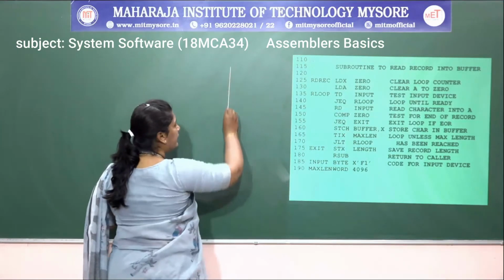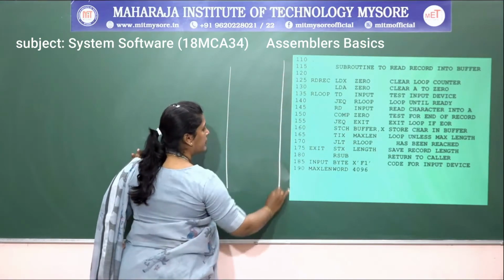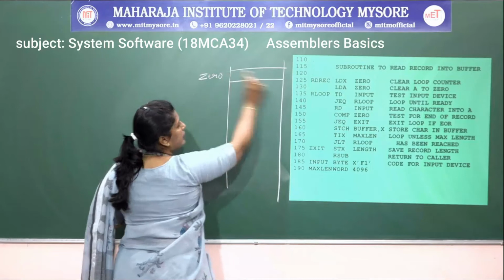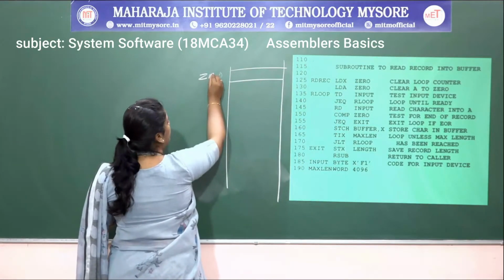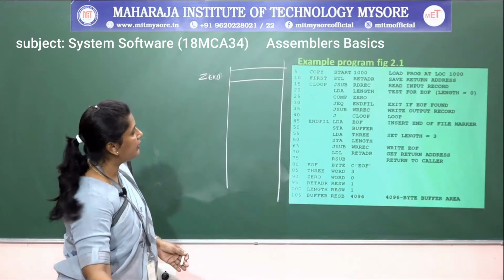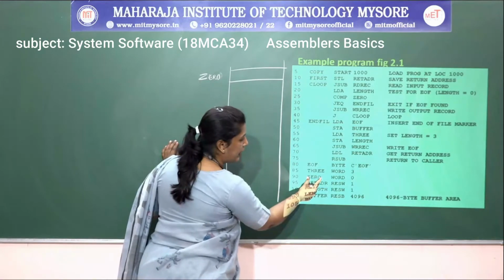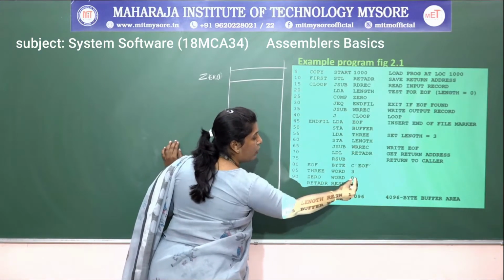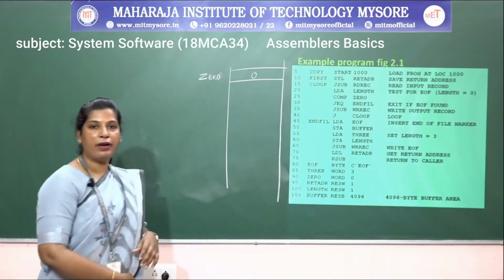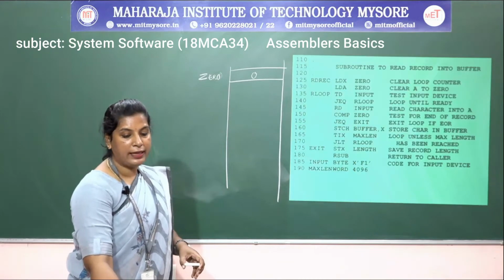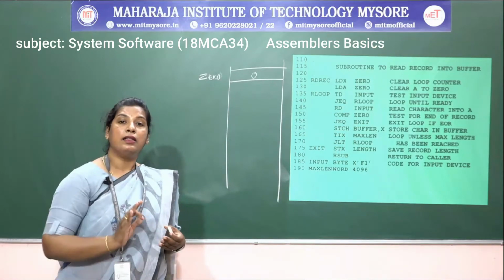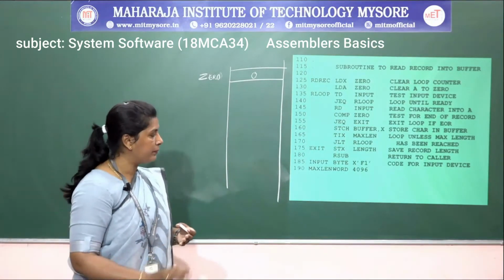So here in the memory, this is the memory. 0 is nothing but a memory location name. So what is that memory location actually holding? Of course, it is there in the main program. It is a word, an integer variable. What integer value is it holding? 0. So the memory variable 0 holds the value 0 here. After that, load accumulator, because I want to initialize both the index register and the accumulator value as 0 here.